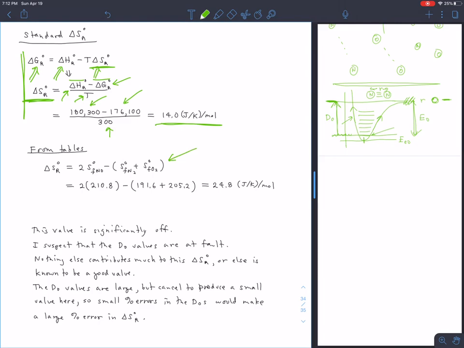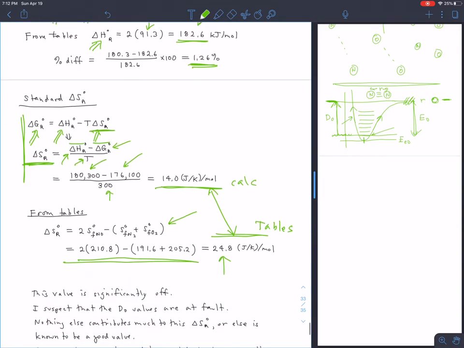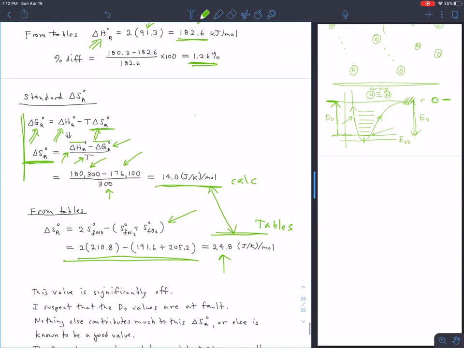Now we can do the same thing, but using the table values for delta S. If we plug the numbers in from the tables, we get almost 25 joules per K per mole. So for the first time, we're seeing an actual significant difference between what we calculated here and what we got from the tables. I don't know what the origin of it is in this case. It's a little bit funny, but I suspect that the reason for the big difference is the D0 values that we use to calculate